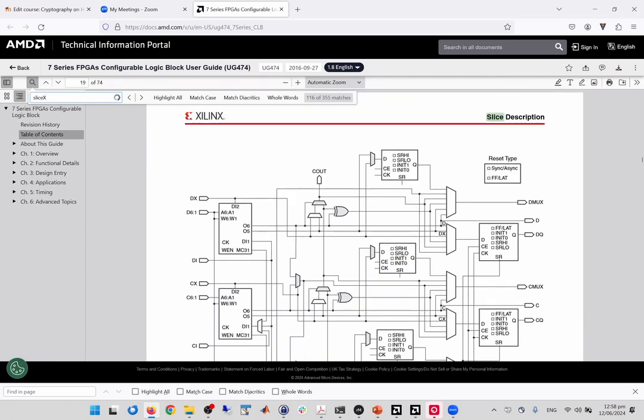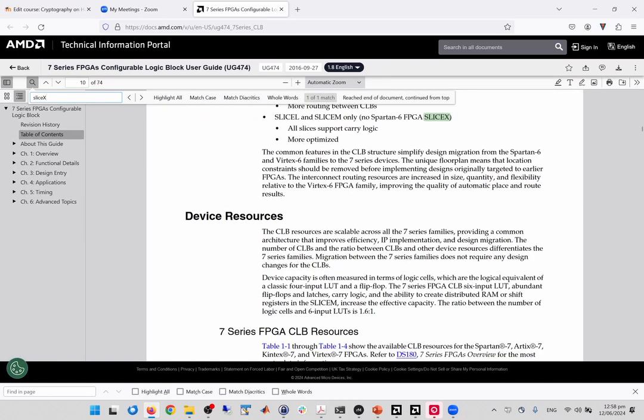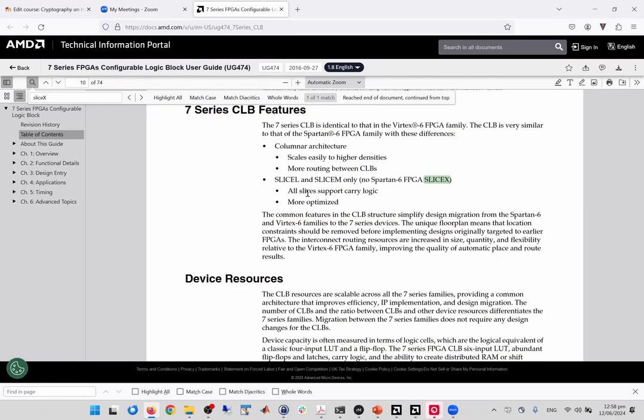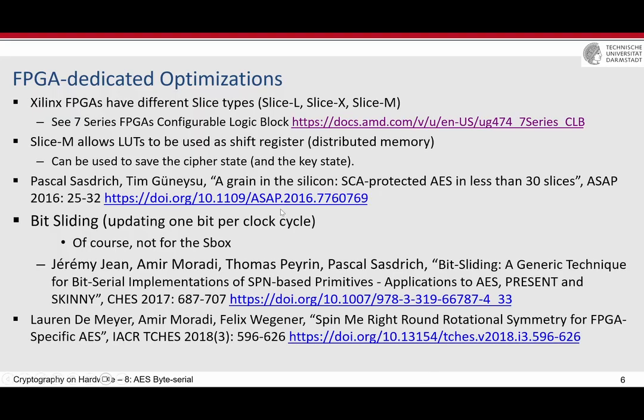There is another one, slice X. There is a big difference here between the older technologies or older families. The Spartan 6 had another slice, called the slice X, which was even more complicated on Spartan 6. And this paper that I was talking about,